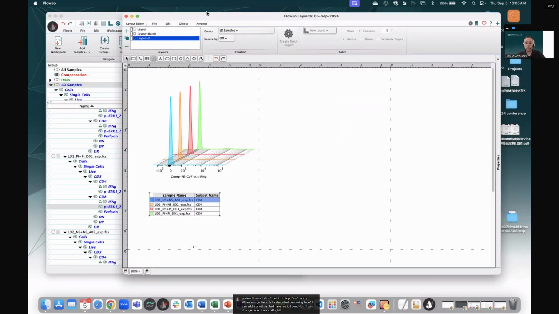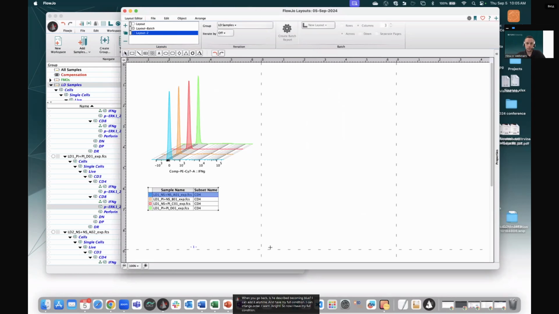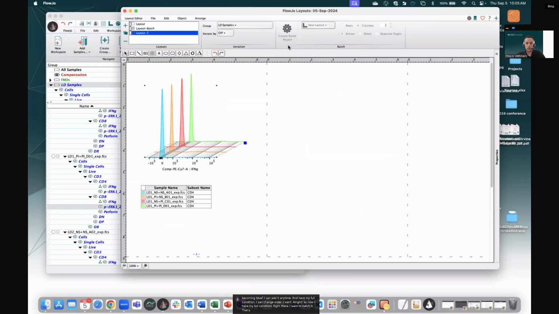All right, so now that I have my 4 conditions right there, I want to batch it. But you see my batch button is grayed out. Well, because FlowJo doesn't know what to batch. So you have to tell FlowJo how you want to batch it. So we're gonna do iterate by